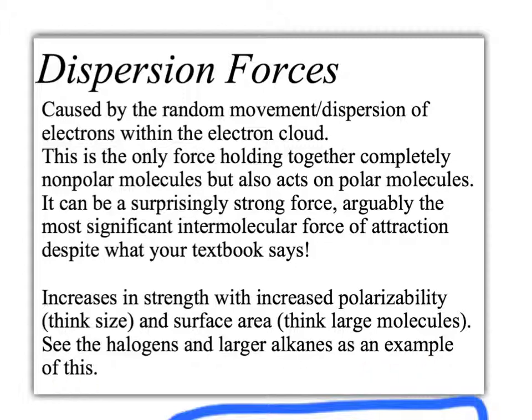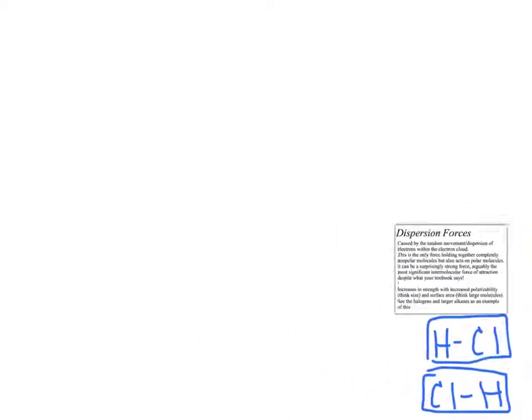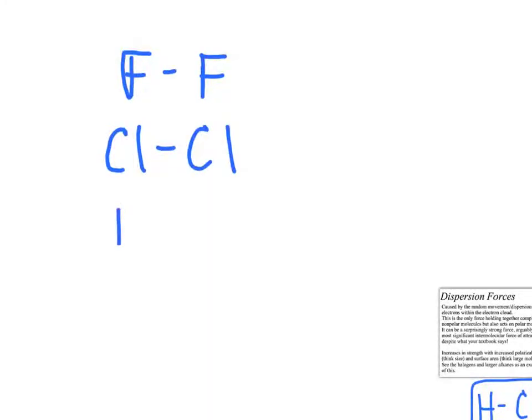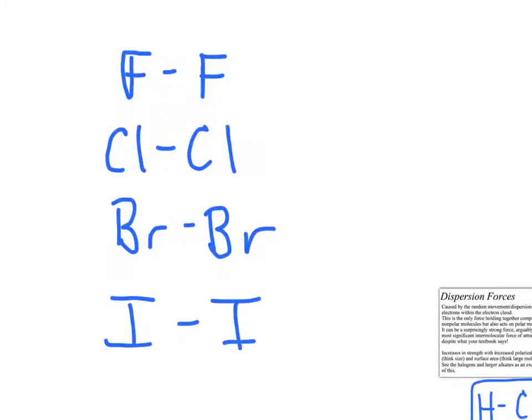So for example, let's think about my halogens. Increased polarizability is going to affect things, and we have some data looking at the halogens that tells us that this is the case. So if I think about the top, my F-F bond, my Cl-Cl bond, maybe a bromine-bromine bond, and an iodine-iodine bond,